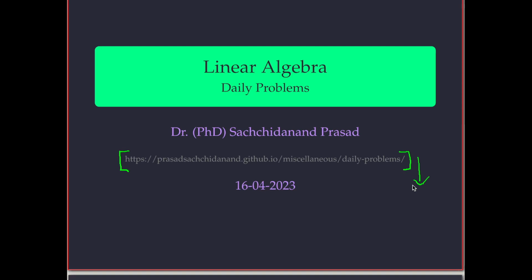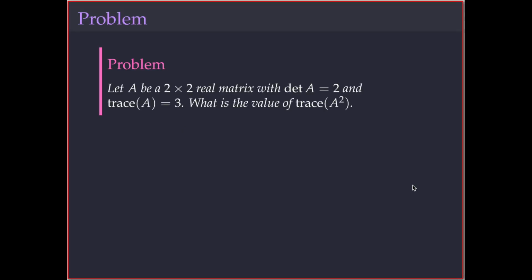Okay, so today the problem is about the eigenvalues and the properties of the eigenvalues. The problem is, let A be a 2 cross 2 real matrix with determinant of A equal to 2 and trace of A equal to 3. Then what is the value of trace of A square? Okay, so we are given the determinant and trace, and we need to find out the value of trace of